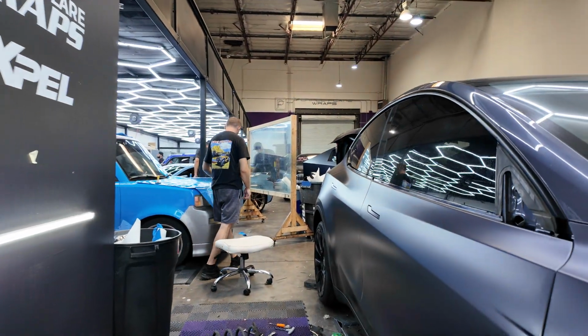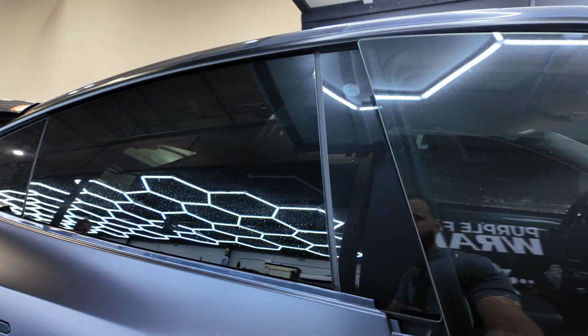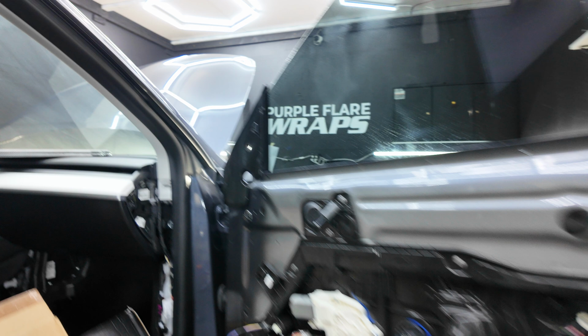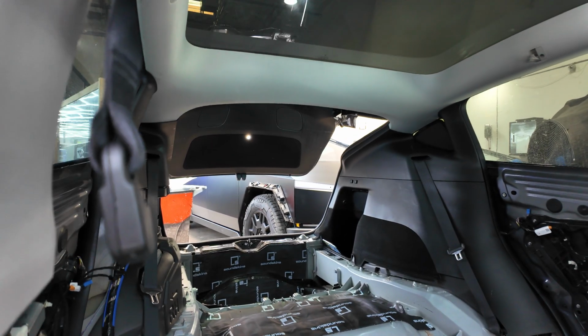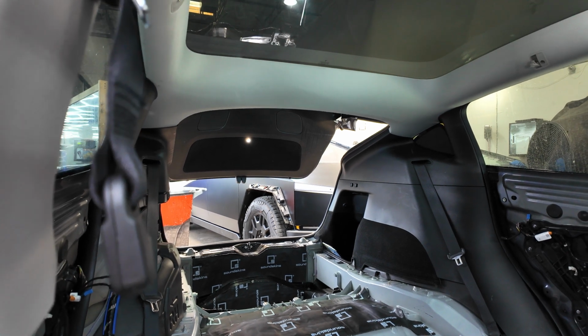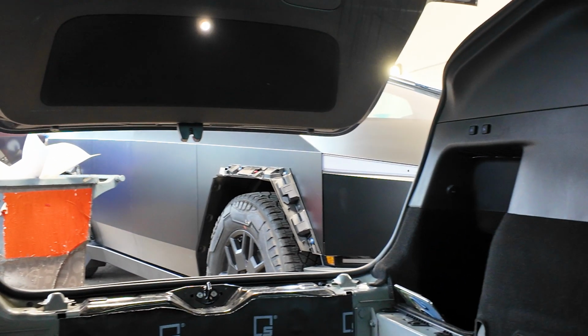Also in the interior, which is kind of the great part here, or the crazy part, we disassembled everything. So we're changing the door panels, we're changing the center console, and we disassembled every single thing. So this interior is basically gutted, if you will. Let me turn off the air conditioning. And we're installing these